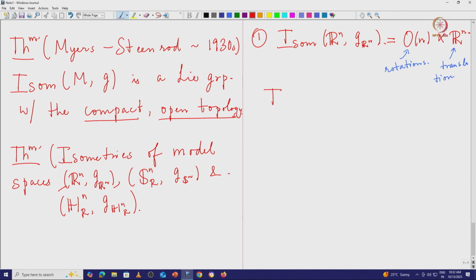And then one can also, for any given point P, write down what the isotropy group is. If you are fixing the point P, might as well take P to be the origin, then clearly the isometry group that fixes that is simply the rotations. Okay, so now coming to the sphere,